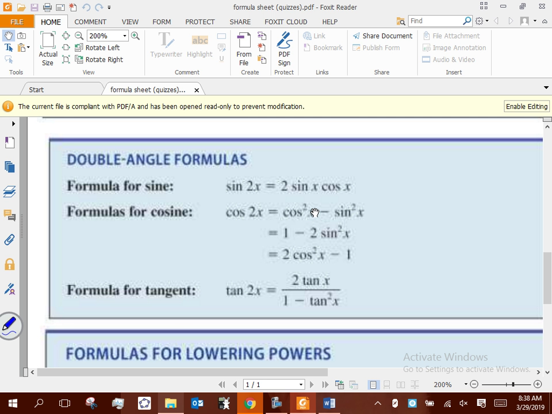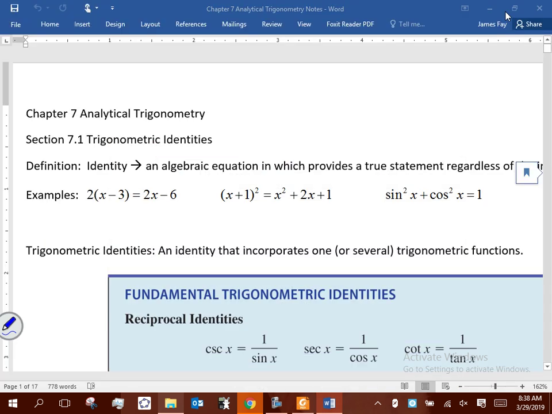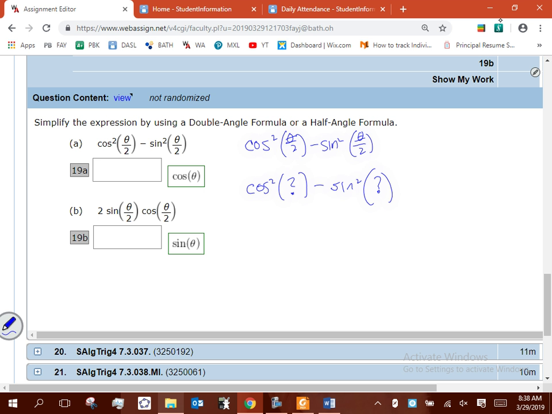Double angle. So it says whatever the argument is, x and x, this becomes 2x, right? So if I'm looking back, maybe using the notation we were using here, this is cosine of 2 times whatever that question mark is, right? Well, that question mark for our particular problem is theta over 2. And now if I plug that question mark in here, what's cosine of 2 times theta over 2? What's that going to give me? Cosine just theta. So that's what they're trying to get us to do, is recognize that even though the argument is half of a theta, half an angle,